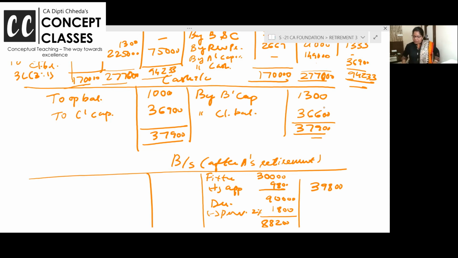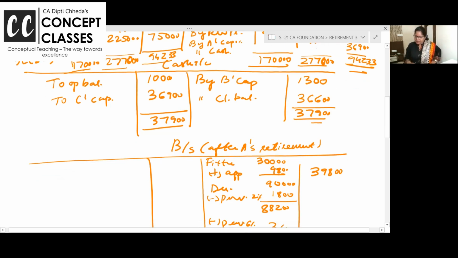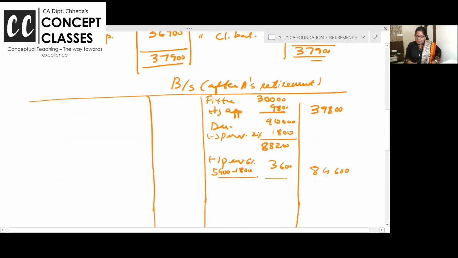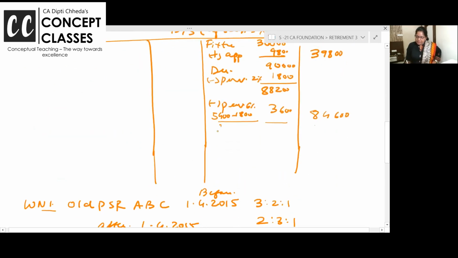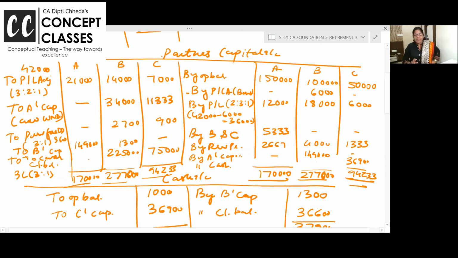Nice and clear to all of you? Chalo, let us take the closing cash as 36,600. Anyone wants me to show the capital account or has any doubt, unmute and ask, otherwise